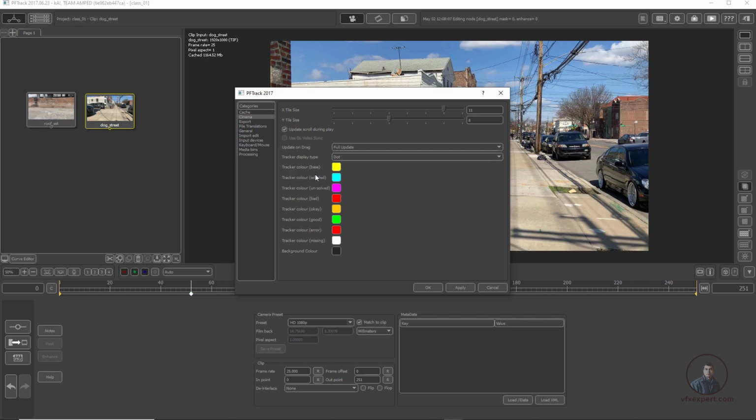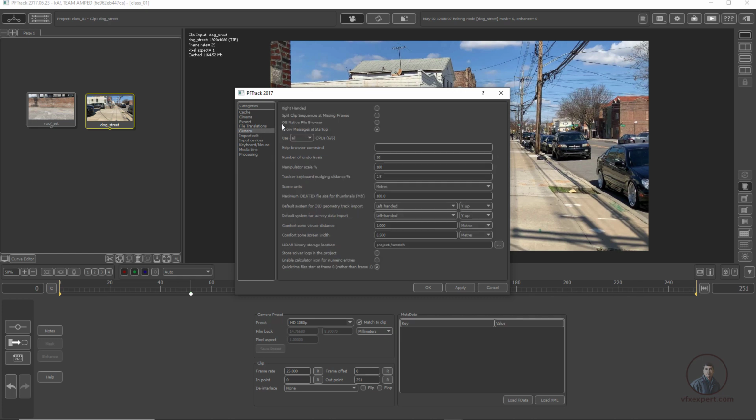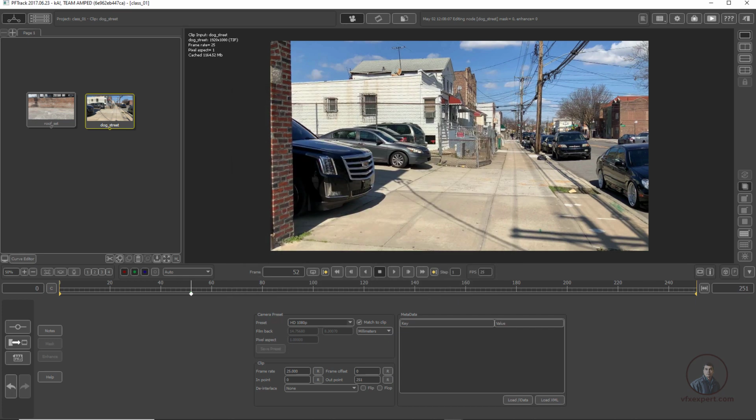Even inside this, under name, you can see this is our default tracker color. Whatever tracker it creates will show in this yellow color, and if you want to change it, you can change it here. According to your requirement you can check, but these are the mainly required preferences. Finally, whatever you have defined here, simply press Apply, then press OK. This will save your preference settings.